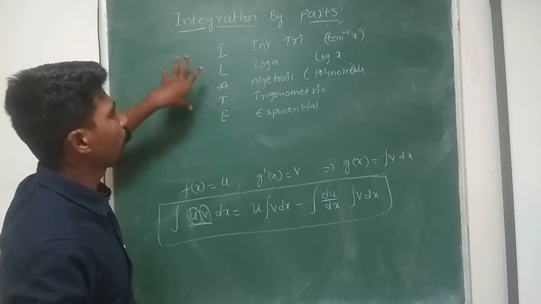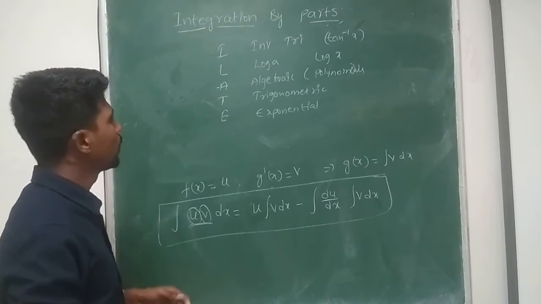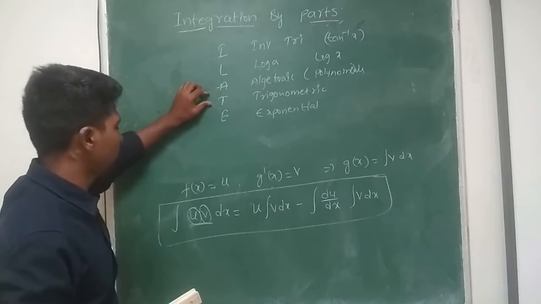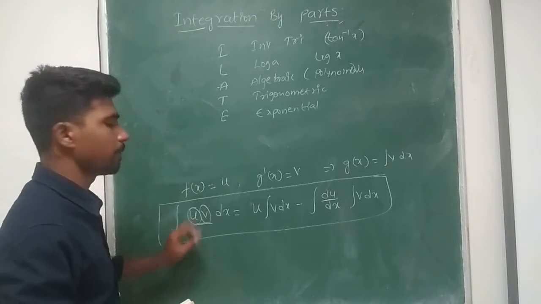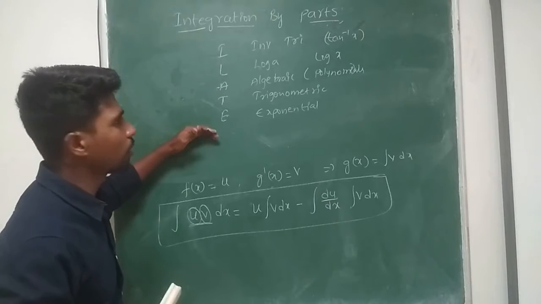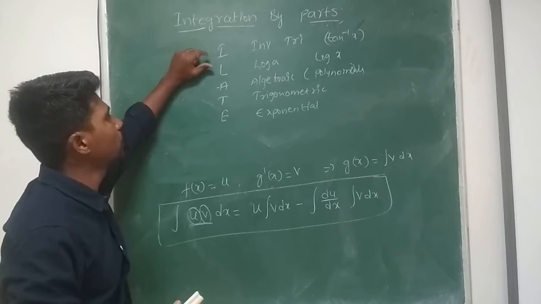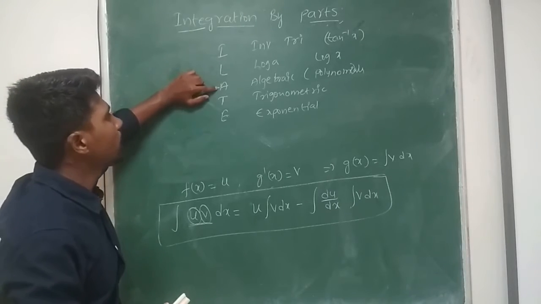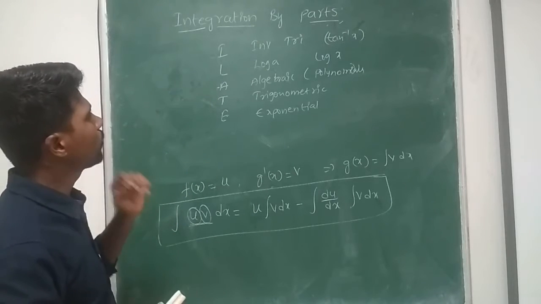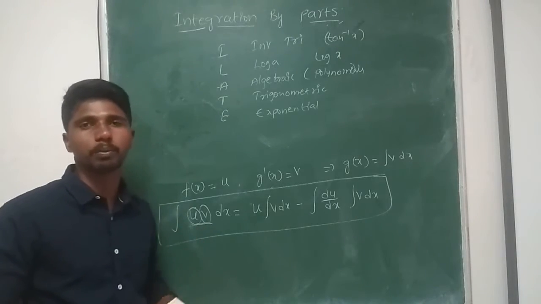So in a product, if I have an inverse trigonometric function, we have to consider that as U. See, if I have a trigonometric function as well as an exponential function, then I have to consider the trigonometric function as U and the exponential function as V. Okay, this gives the priority order. So first we give priority to inverse trigonometric functions, the next logarithmic function, later algebraic functions, next trigonometric function, next exponential function. And this is not applicable if the given functions are not differentiable.